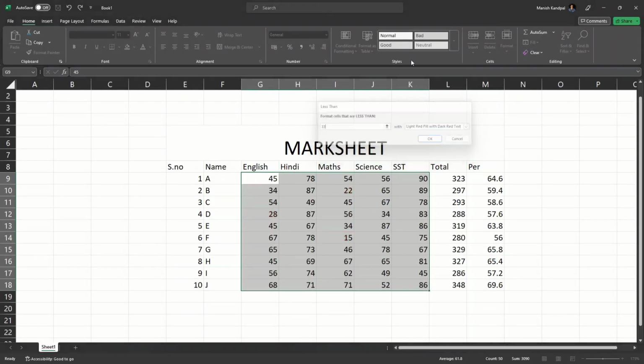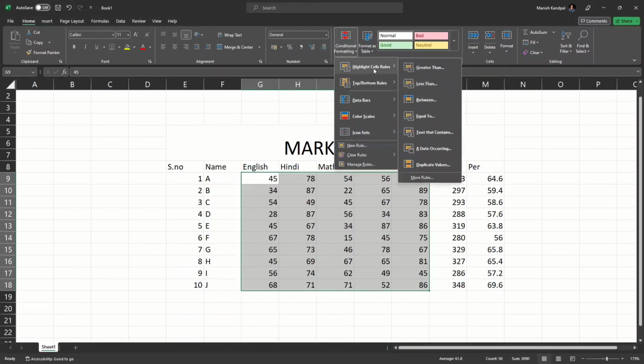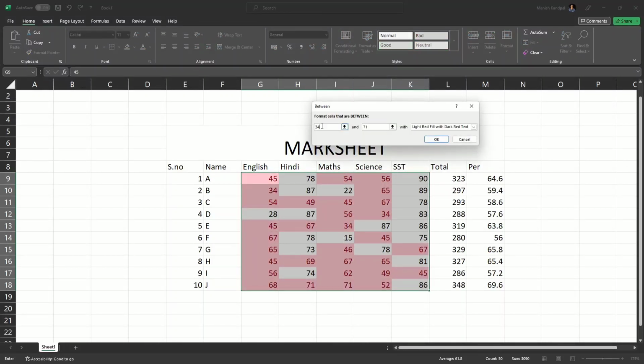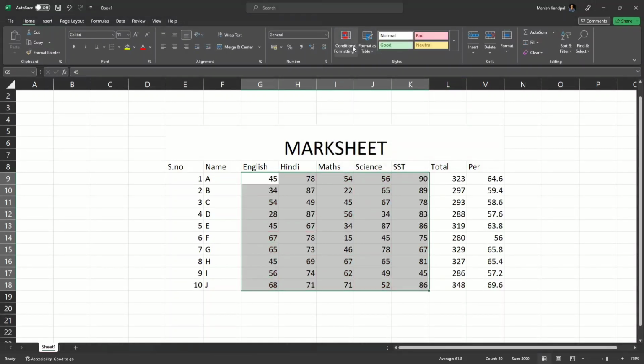Next is between. Between means you have to enter two numbers here. Suppose I'm putting 50 and 70. All the numbers which are between 50 and 70 will get highlighted, with whichever color you want, which you can choose from here. Next is